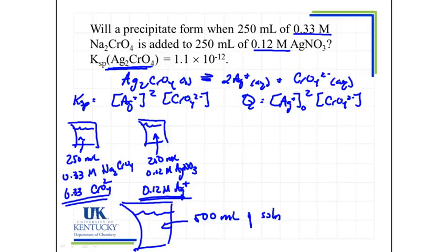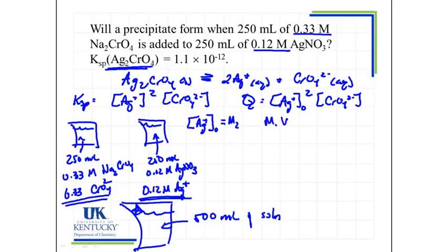So let us calculate the silver ion concentrations after these have been mixed, and before they've had a chance to react. That would be the initial concentration of silver in this beaker down here. Well, I'm going to be considering a dilution, so it's going to utilize M1V1 equals M2V2. So the silver ion concentration that I want to put in here would be the M2 of this